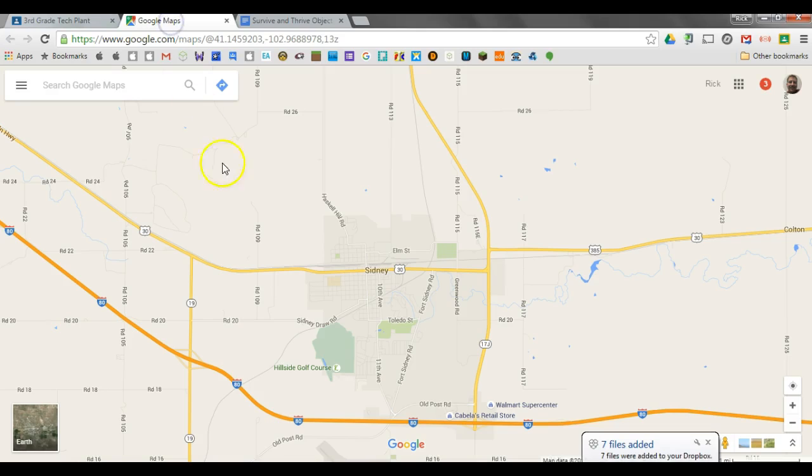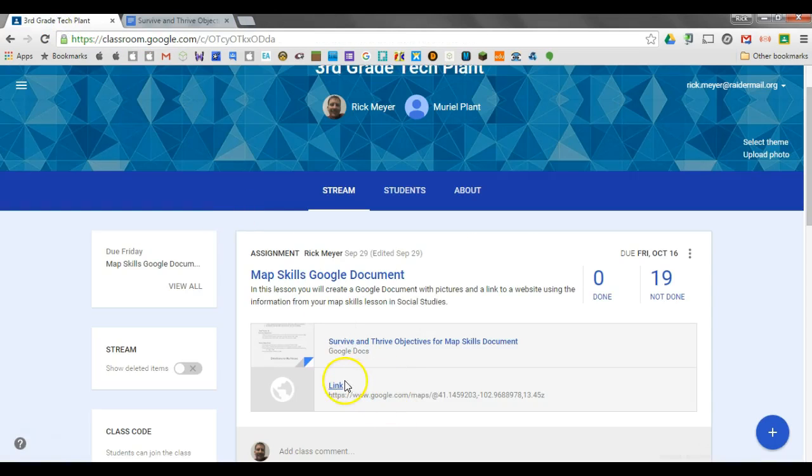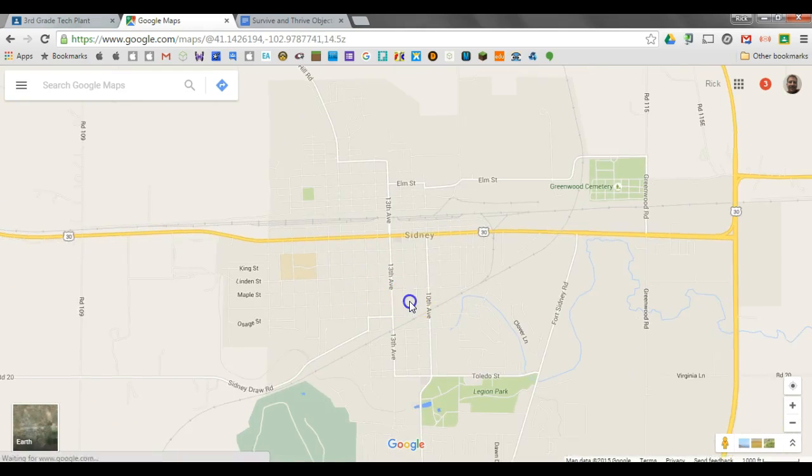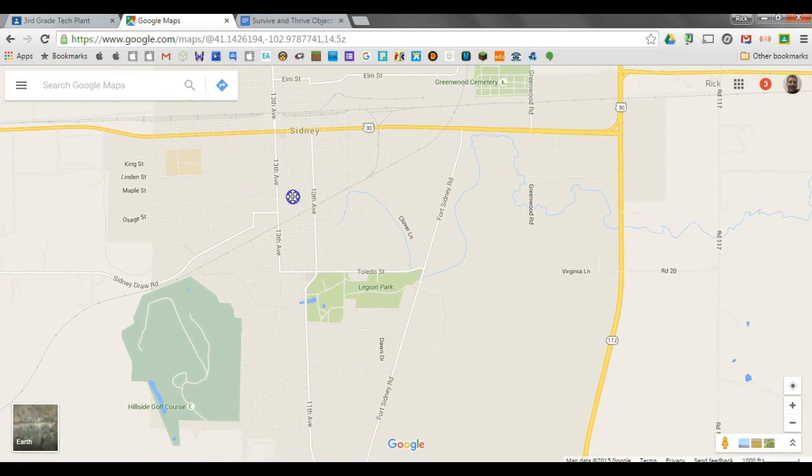First and foremost, I'm going to go here to our Sydney Google Maps. So I'm looking at this straight from when I click it from Classroom. It goes straight here, and we have this very zoomed out view. So here's Sydney in this little circle right here. So what you're going to want to do first is scroll this in just enough that you can get